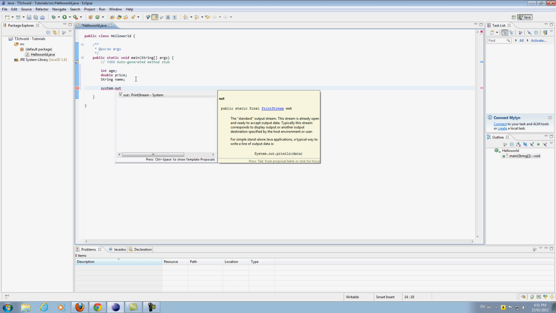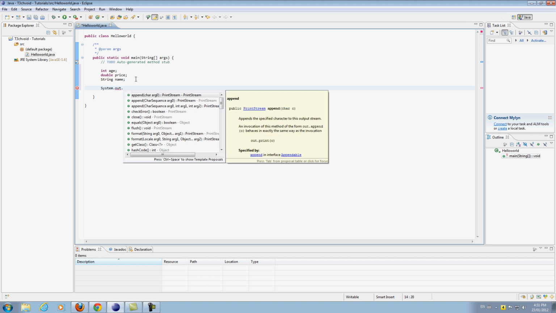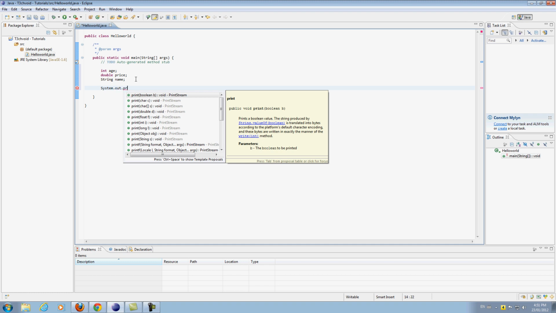That's one of the good things about Eclipse. It'll automatically suggest things that you might want to type in next, so it'll save you time. If I wanted to type one of these, I just scroll up or down and then hit enter, but I'm just gonna type this out. See if I go print. So you want to do system dot out dot print,